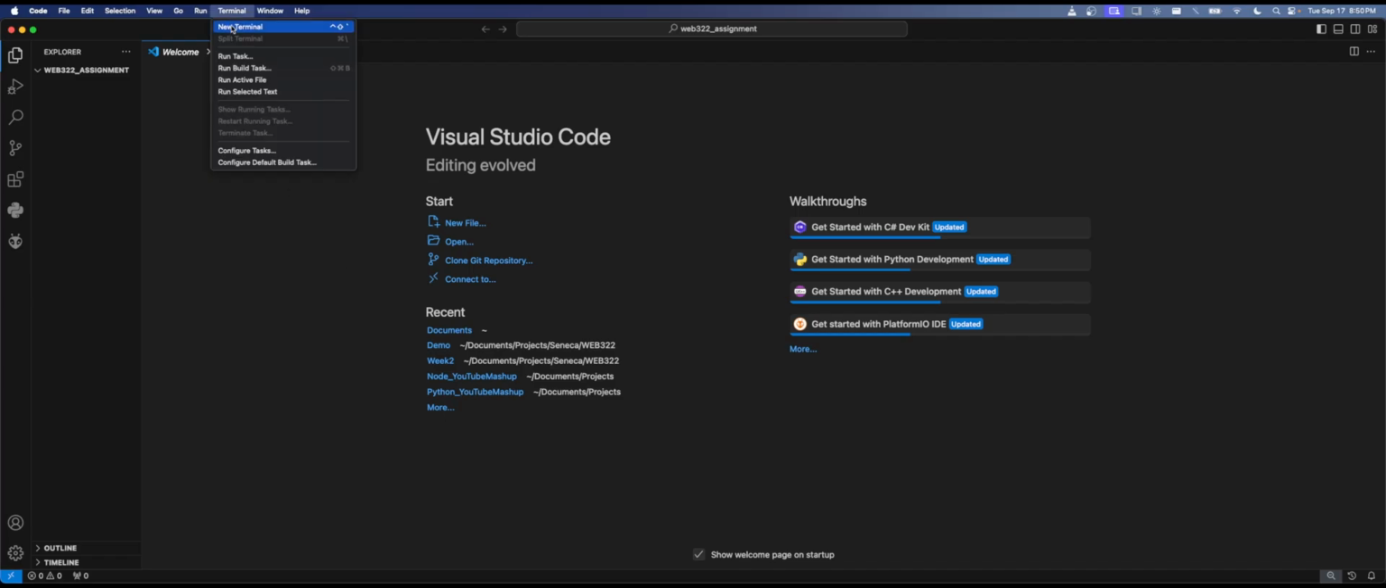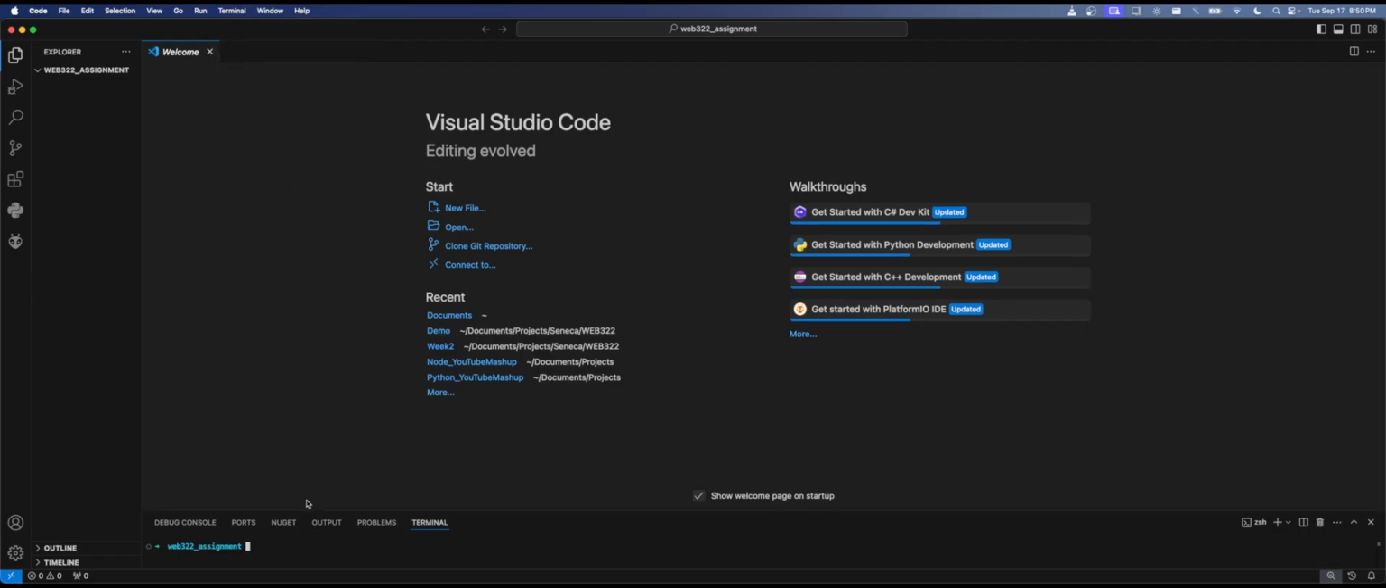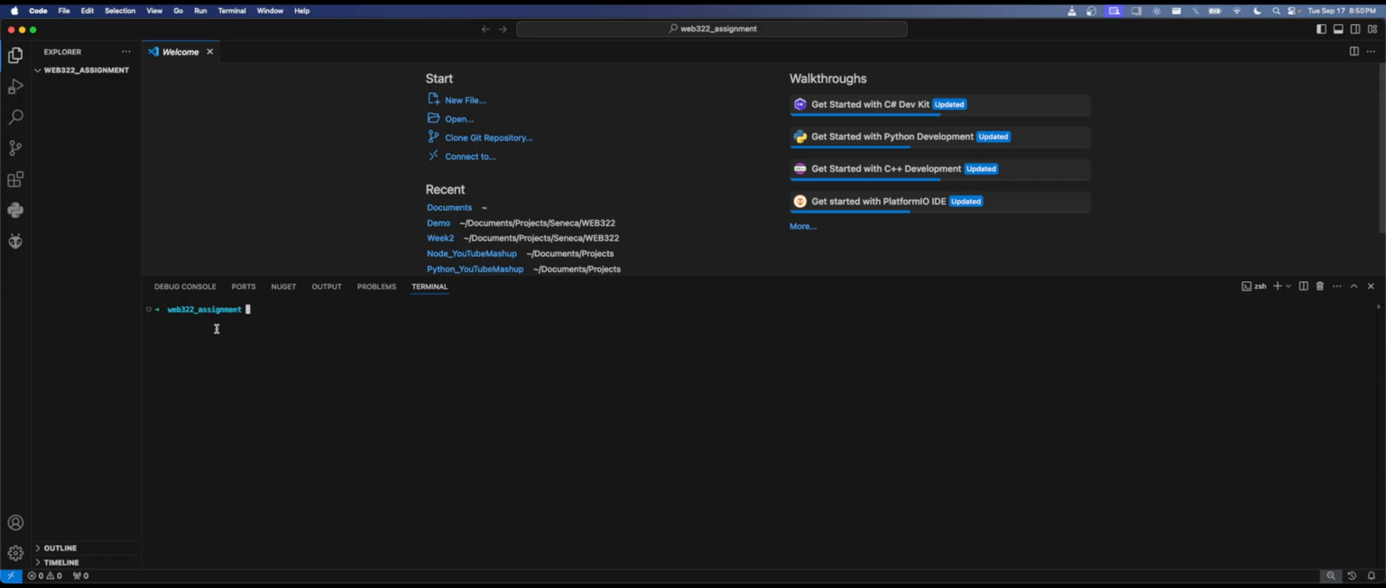Go up to terminal, click new terminal. I'm pretty sure it's the same in Windows. This should open up your console, terminal, command prompt, I'm calling it terminal, in the same folder that you created on the left here. If you do an ls or a dir in Windows, there should be nothing in here, right? Next thing you want to do is initialize your project. So npm init,